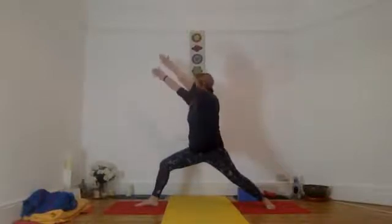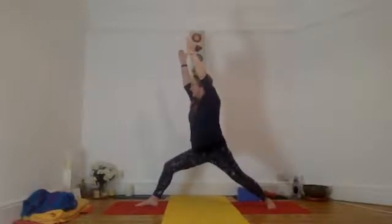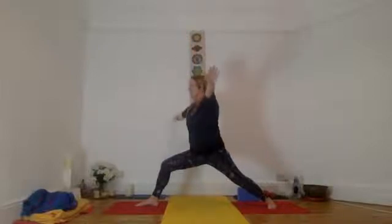And then take the arms on the in-breath straight up. Turn and push the back heel behind you a little bit more, so you're not compromising that back knee joint. And then see if you can bend deeper into the warrior with the arm lift. We're not staying in there very long. Breathe out, bring the arms to parallel. Breathe in, bring the right foot in towards the center, drop the arms,